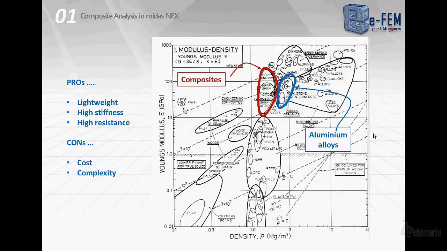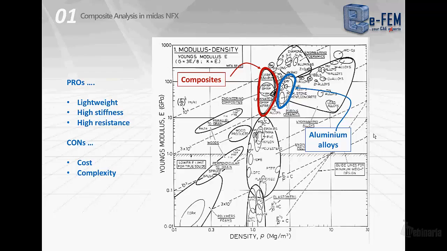Which are the pros and cons of composite materials? We all know that composite materials are lightweight, they give high stiffness and high resistance, but they are not cheap, they are expensive material. And another fact is the complexity of designing with composite material. I mean, we cannot use the simple formulas of the machine design theory, but we need to use specific formulas